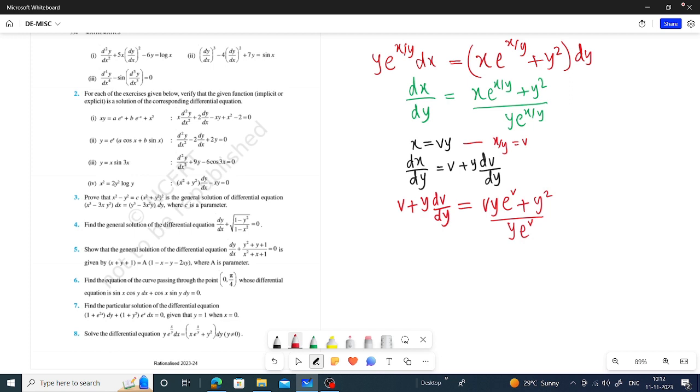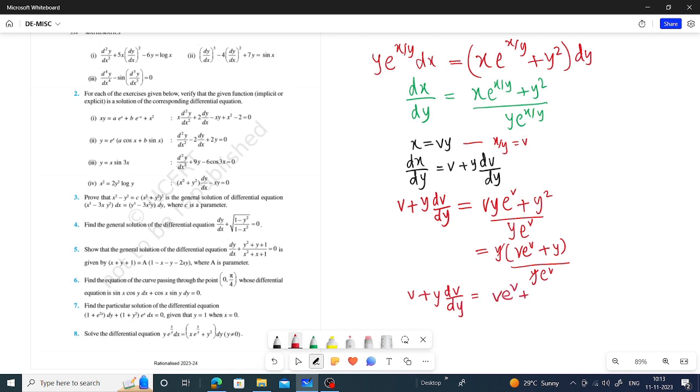Now I take y on both sides, y v e raised to v plus y divided by y e raised to v. This y and this y getting cancelled, so we got v plus y dv by dy equal to v